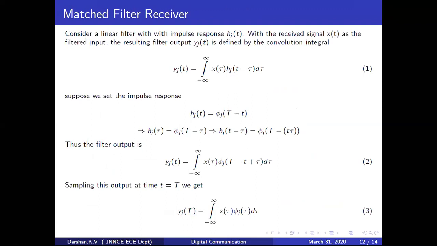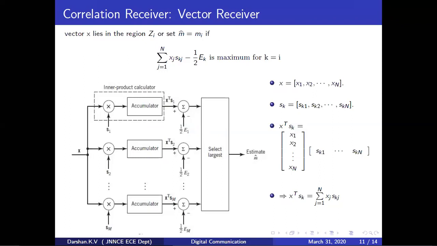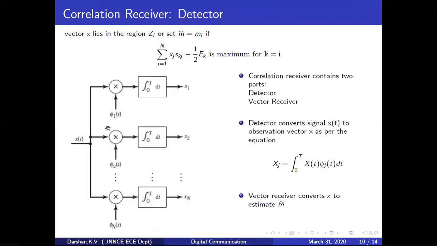What is special in this type of receiver? Let me explain by going again to the correlation receiver. What is the method involved in getting the elements of the vector from X? You have the integrator and multipliers. Multipliers and integrators are the two quantities necessary to extract the vector from the received signal. Is there any other method for extracting?